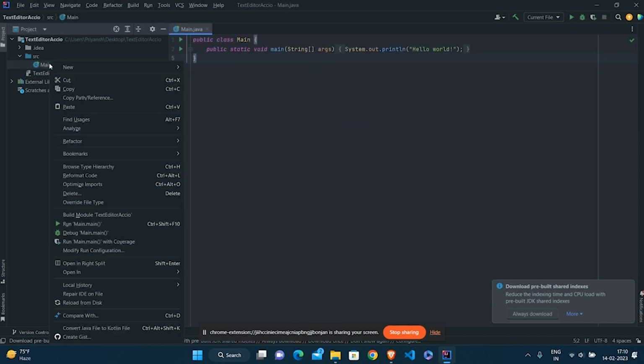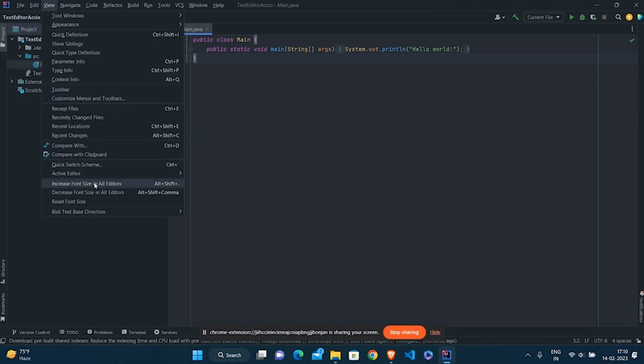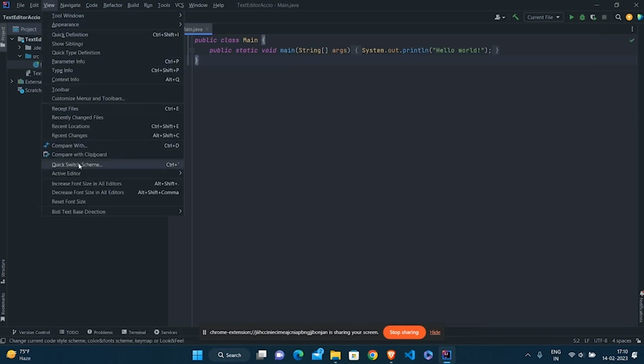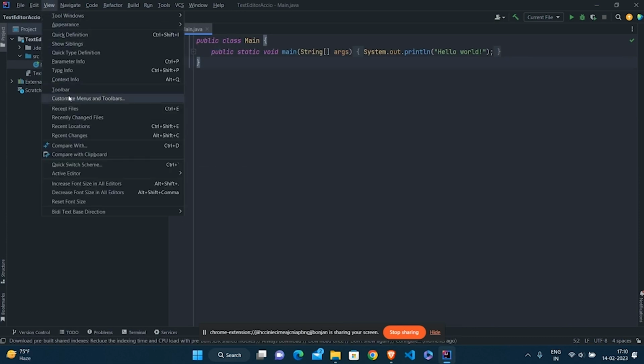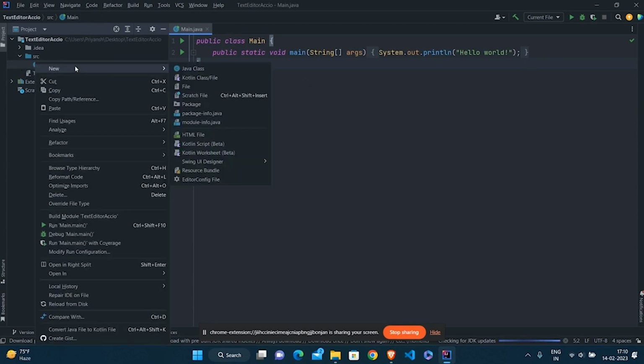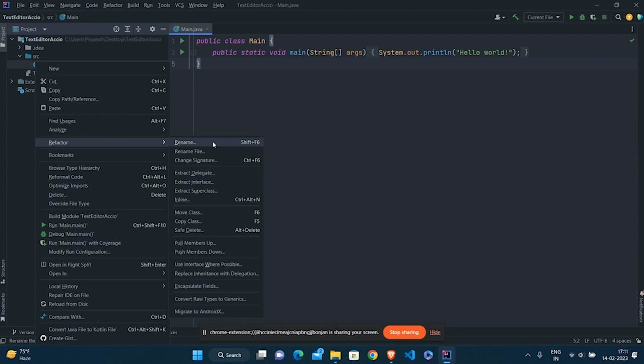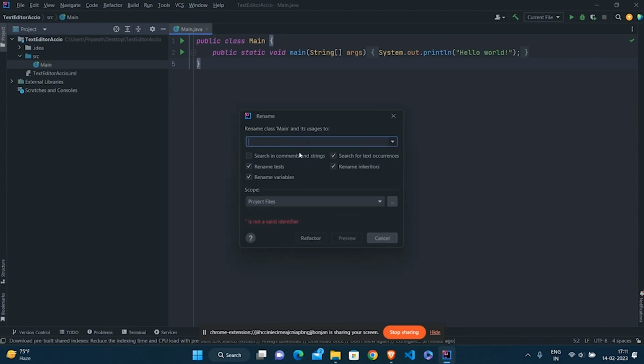Let me just increase the font size. Right. So let me just refactor it to text editor. I'm going to call this class text editor.